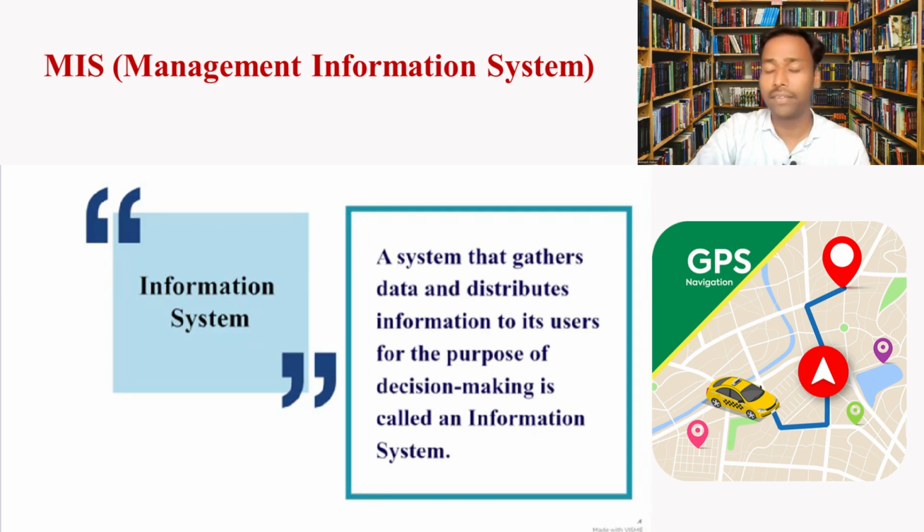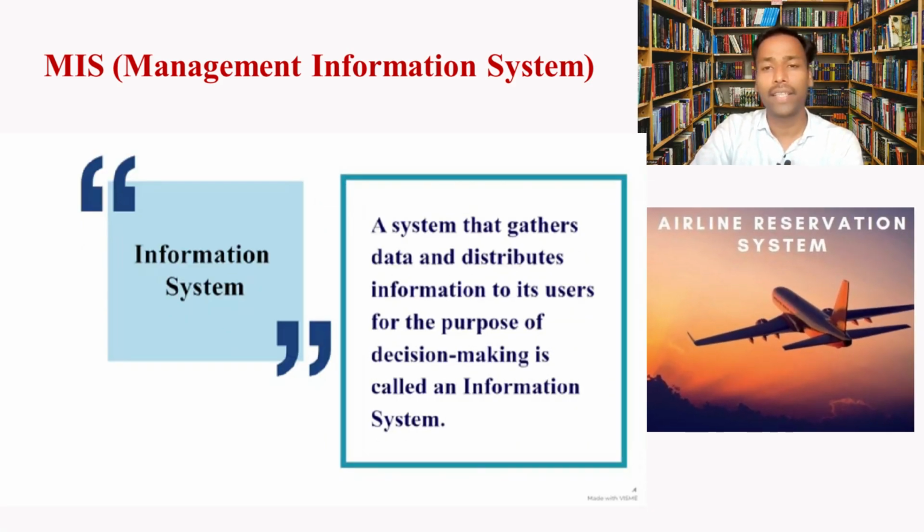Another information system is airplane tracking. This airplane tracking system is again a combination of software and hardware units. That is why it is a system. It contains the data about all the planes that are present on the ground, all the flights that are scheduled, their timings, and the passengers' details. And what information does it give to the users? It gives the information about what flights are planned at the current moment, which flights are taking off, and which are about to land. Based on this information, if any decision has to be taken by the airport authority about rescheduling of the flights, then that can be done.